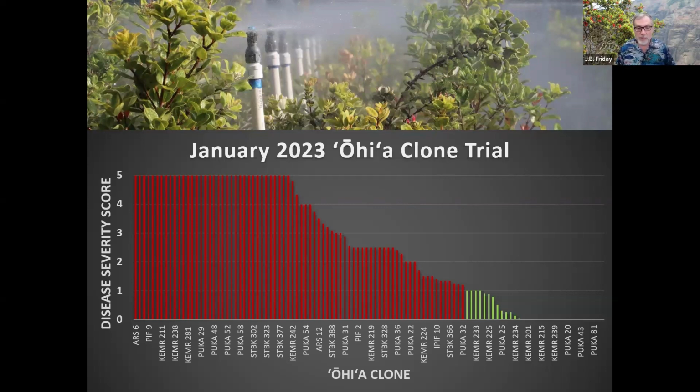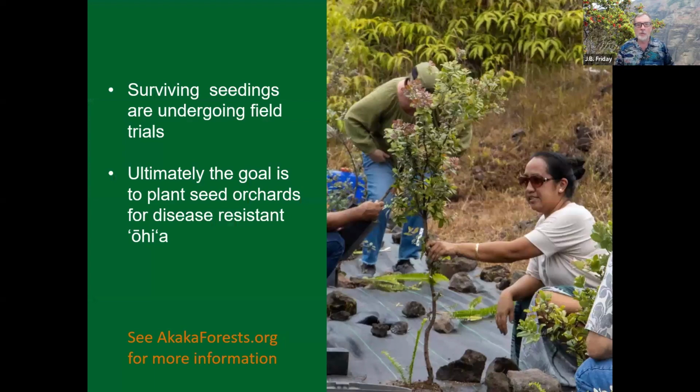So a number of the ones with green bars, only 1 out of the 5 sample trial ones from that family got the disease, and the ones on the far right, none of them got disease, even though they were inoculated with the pathogen. So that's a hopeful first step. So what you need to do now is plant it out in the field, see how things do in the field, and then the